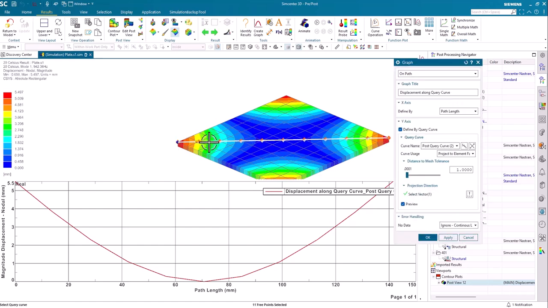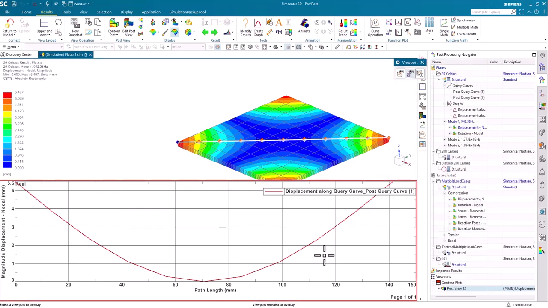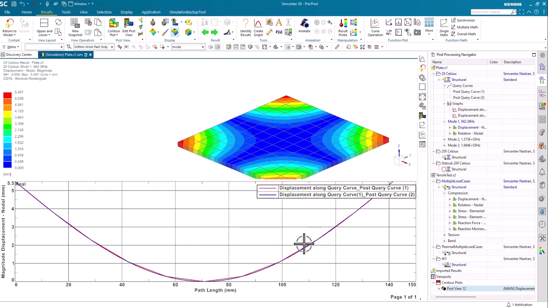And it finds the same set of points, and each of these segments again is going to be subdivided by 50 points. Then I'm going to create that graph in the same window below, and you see immediately that this